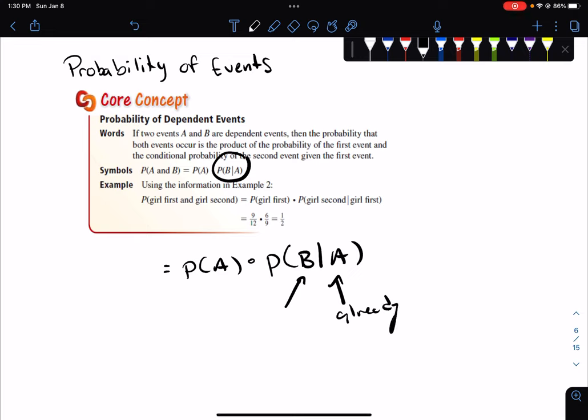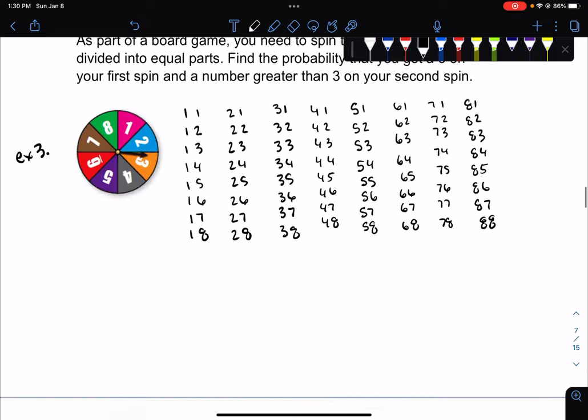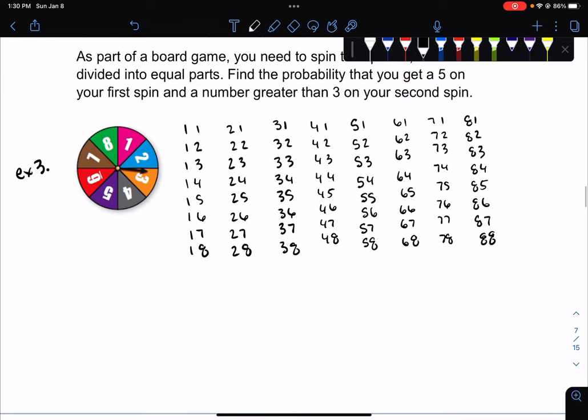So you don't look at all of the outcomes. You only look at the ones with A having already happened. All right, so let's look at an example. Here's a spinner question, and I think this is a good one